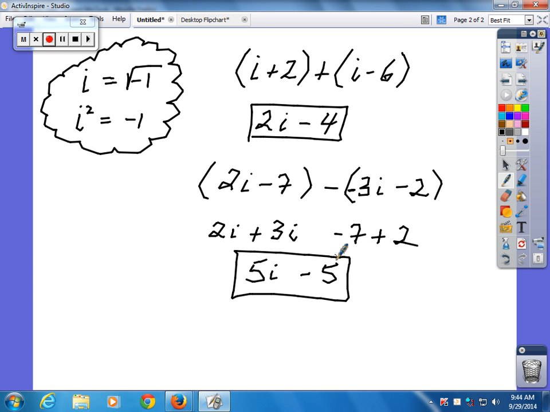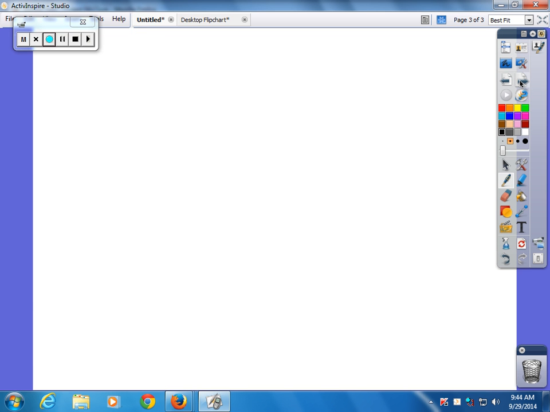Now when you multiply or divide, you have to be careful because you might get an i squared in your answer, and if you get an i squared in your answer, you have to change it to negative 1. So,